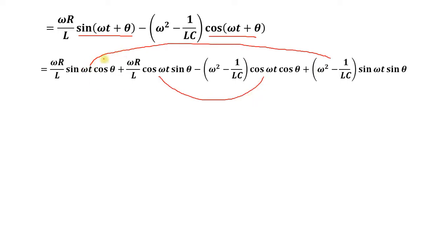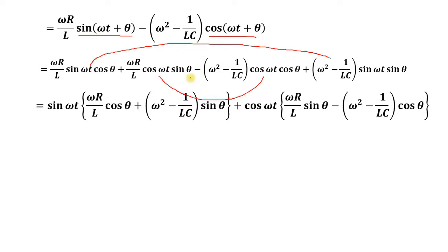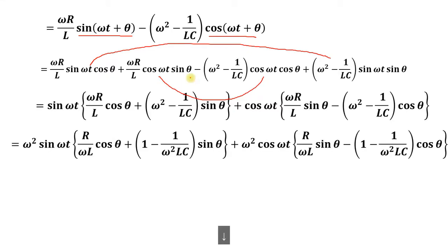From these equations you take sine omega t outside. Similarly, from these two equations you take cos omega t outside. So the resultant should be like this. Now what you do, take omega square outside. If you take omega square outside, one omega is present in the denominator. Similarly, this omega square is taken outside, minus 1 by omega square is present here. The same thing will occur in the second term of the equation.